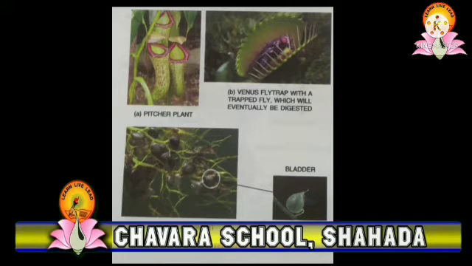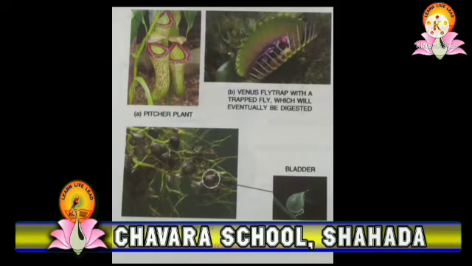The second type of insectivorous plant is Venus flytrap. The leaves of Venus flytrap have long pointed hairs. It is divided into two parts having a midrib in between like a hinge. When an insect visits the leaf of Venus flytrap, it closes its two parts and traps the insect inside it. The insect is then digested by digestive juices which are secreted by the plant.